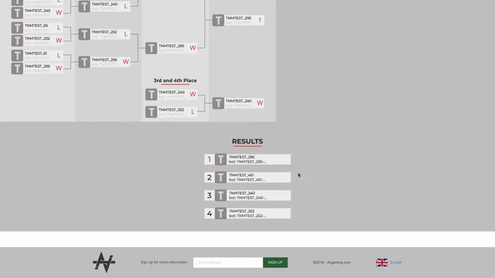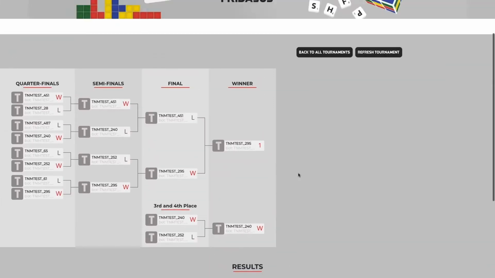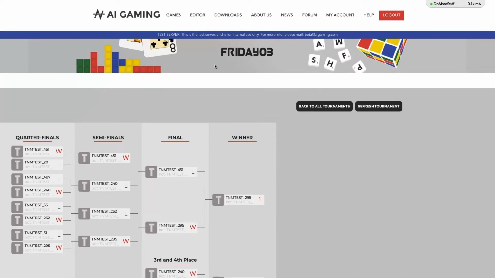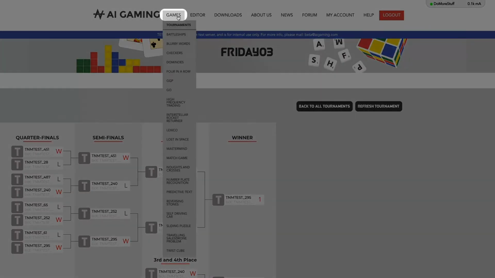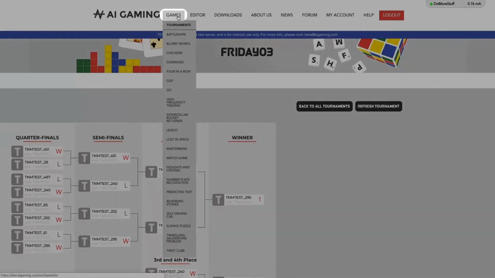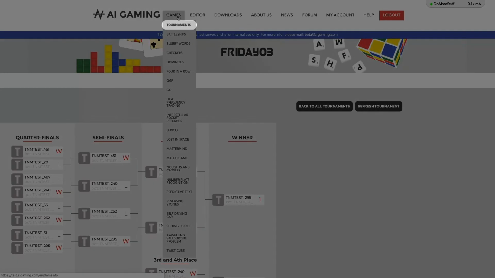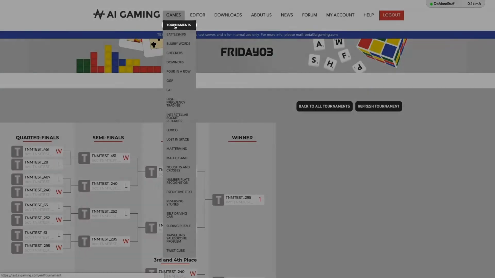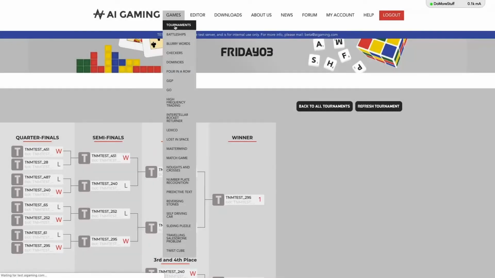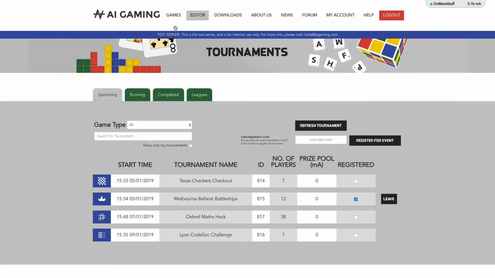So, how do you submit your code to play in a tournament? From the AI gaming site, if you hover your mouse over the game's menu, it displays a list of all games that can be played on the site. At the top of this list is a tournaments option. Choosing this option takes you to the main tournaments page that lists all of the upcoming tournaments that you can